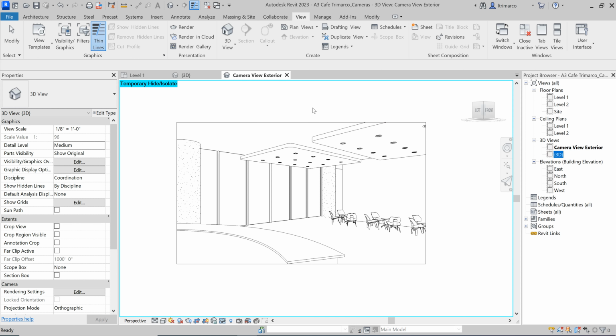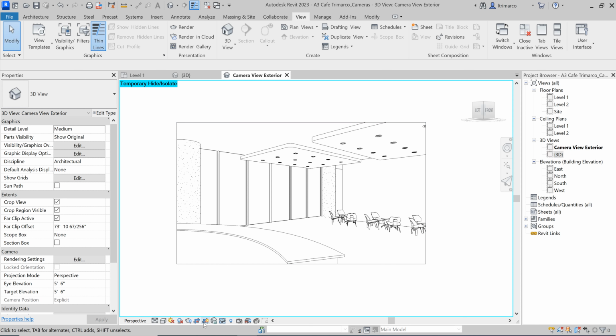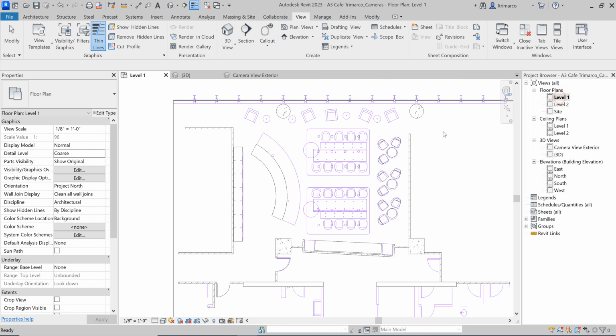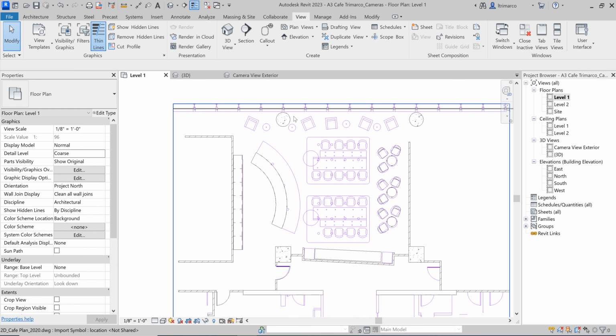Wonderful. And again, usually I will change my visual style to shaded, just so I can see where and what I've applied material to. I haven't really done much here, but it's kind of nice to see. But again, it also is dark, or darker. So then I'll save my Revit file, and I will head back to Floor Plan Level 1 to create my next camera view,